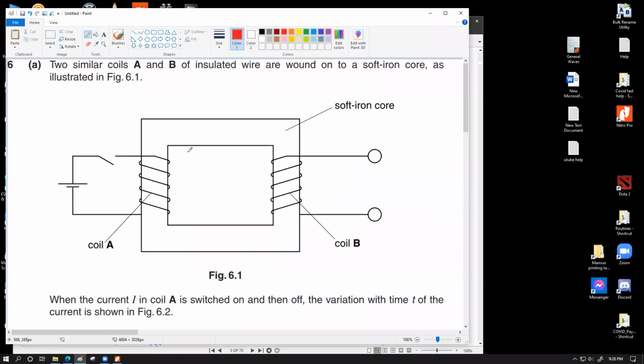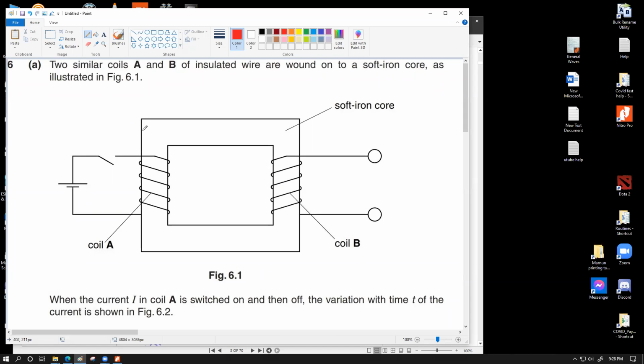Let's say the rectangle doesn't exist at all, we have the coil A and coil B only hanged in space or in atmosphere. In that case also some of the field lines of this coil would actually cut across coil B, but these